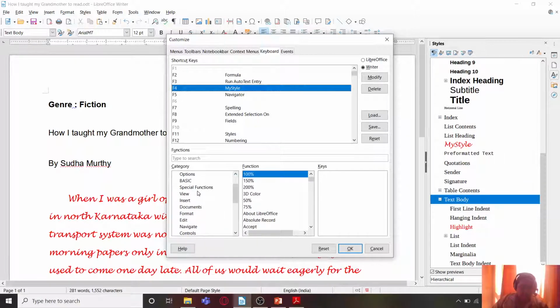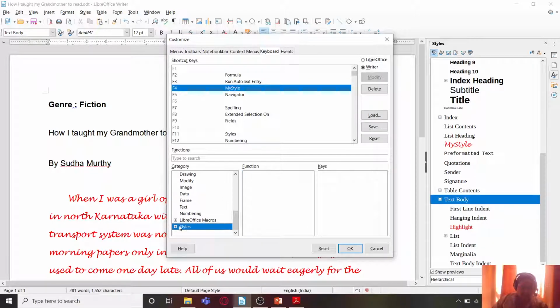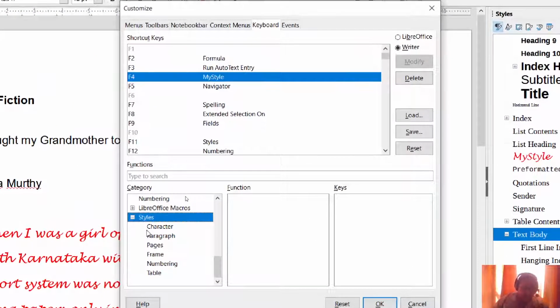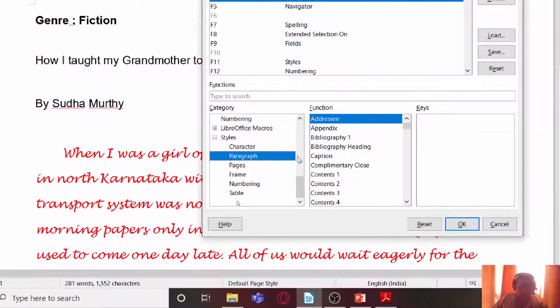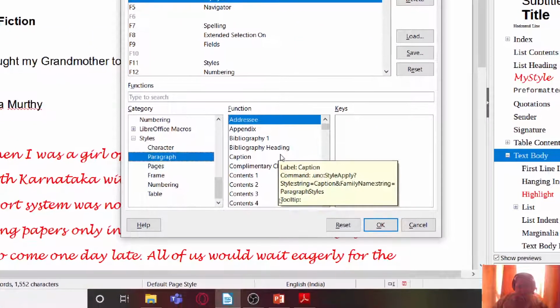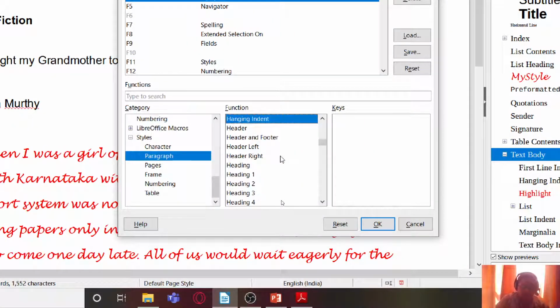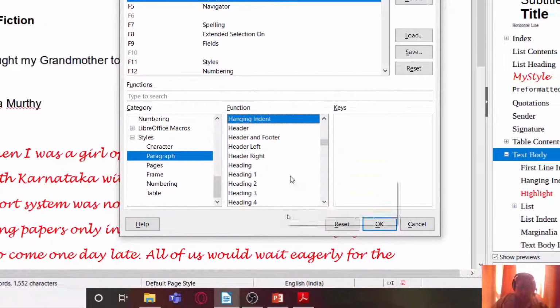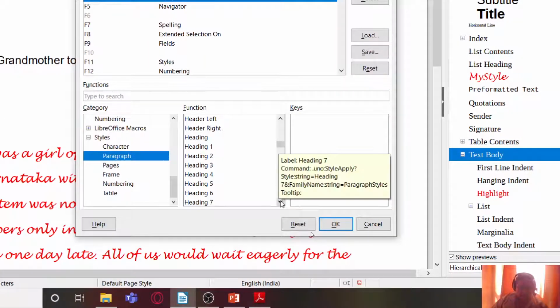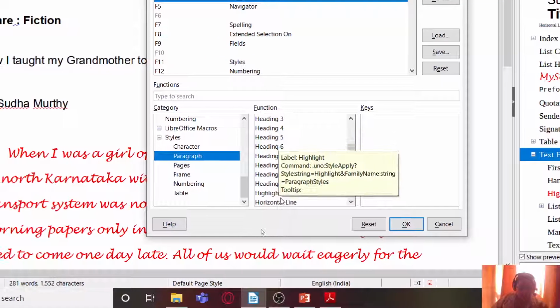Now here I'll go to the category, and from the category I'm going to select Styles, and click on the plus sign here to expand the list. Then I'll go to Paragraph Styles, and all the paragraph styles display over here, and I'm going to look for Highlight. So I'll just press H, and I get Highlight over here.